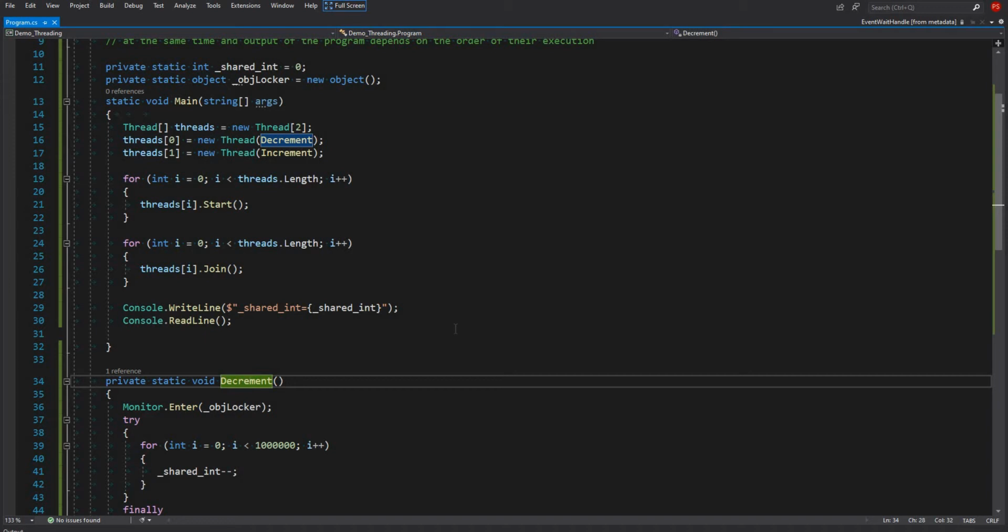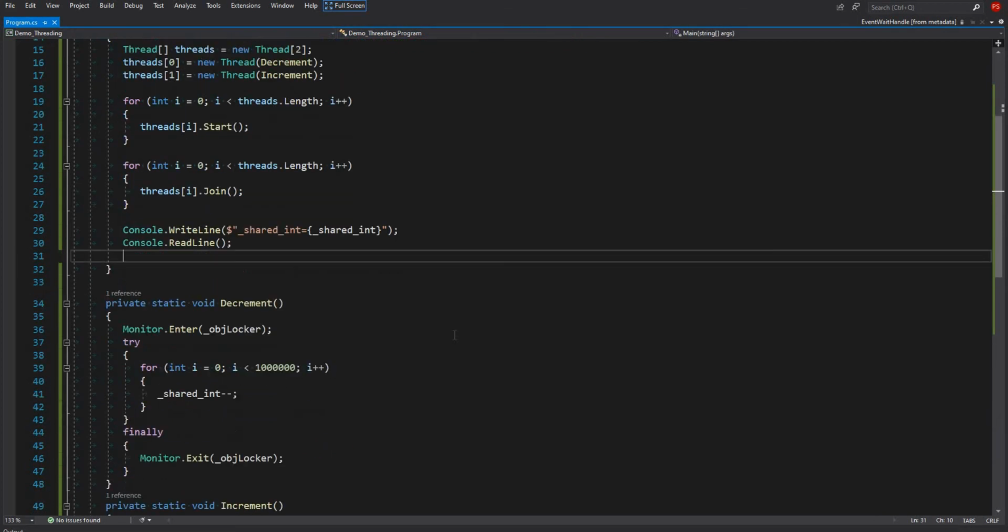And then we fixed it with AutoResetEvent, the same synchronization construct. We used AutoResetEvent to signal one thread when it was done with its work, and only when one thread, increment or decrement, was finished with its job could the other one proceed.